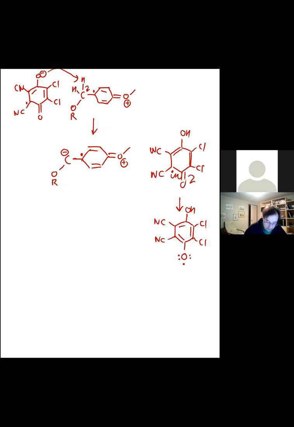And this guy is now also neutral and it's got an extra electron. But if we donate this electron over to DDQ, again, we've already donated one electron. Now we're donating a second electron. What we end up with is